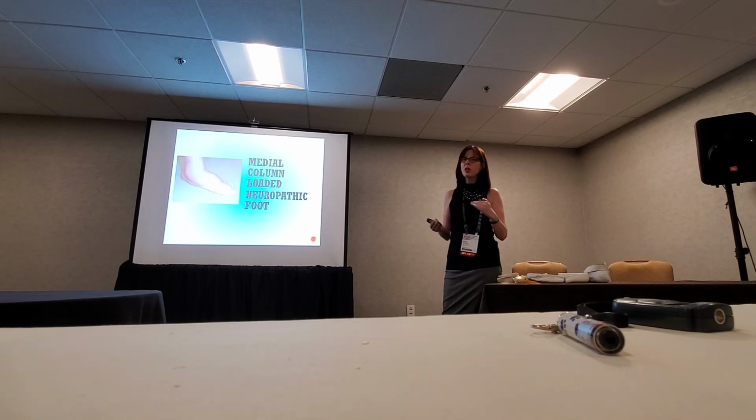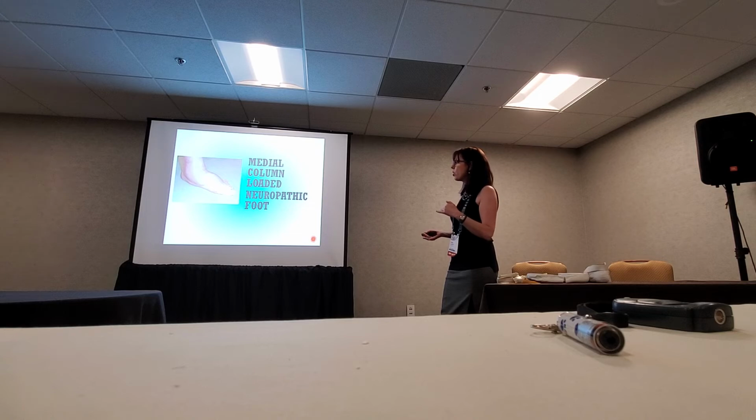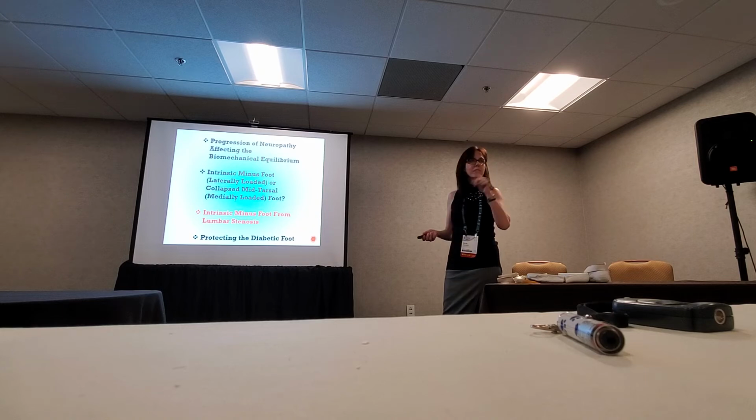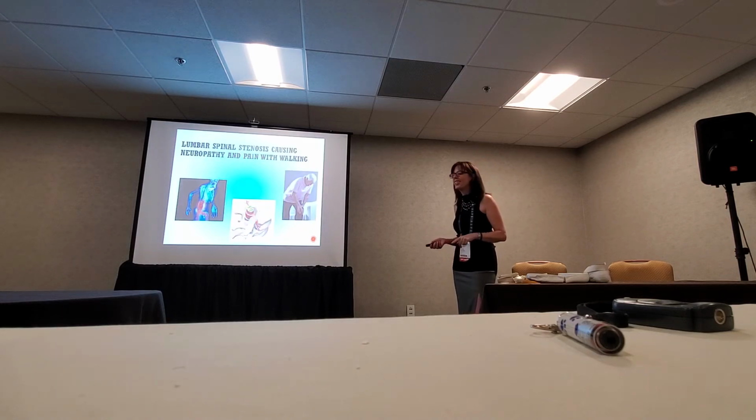And when we see the medial column loaded, we are going to have a net pronation movement from the peroneal muscles and the ground reaction force here. Okay, so now, wasn't that fun? Now we get to talk about